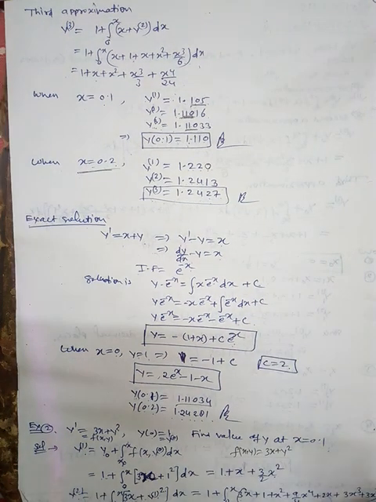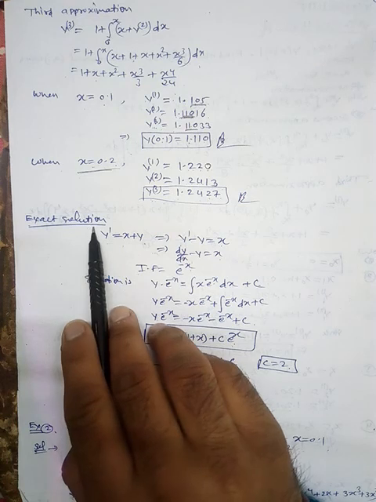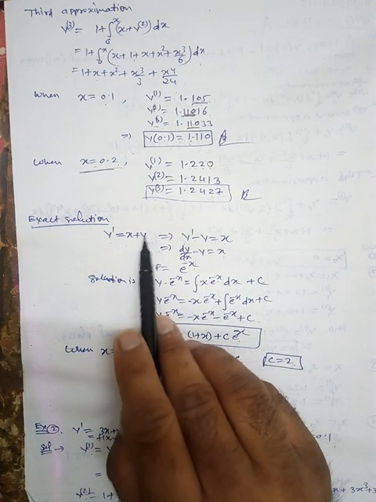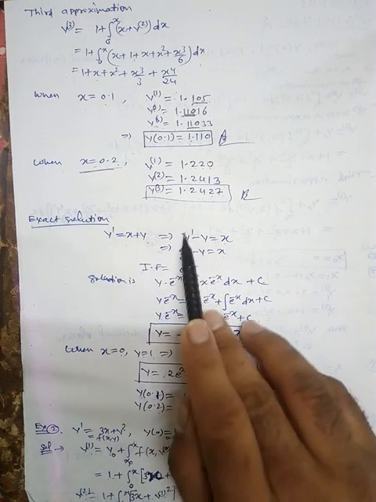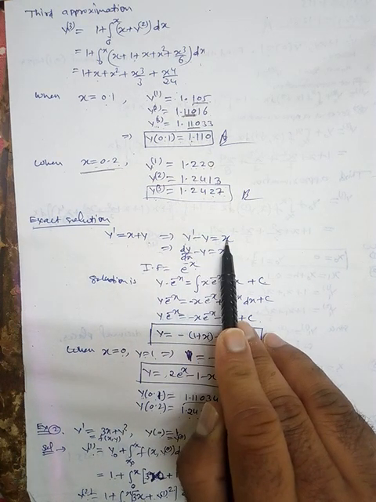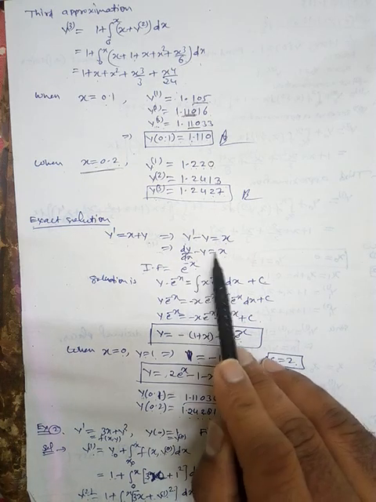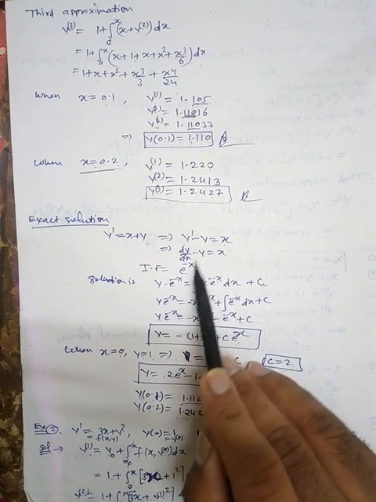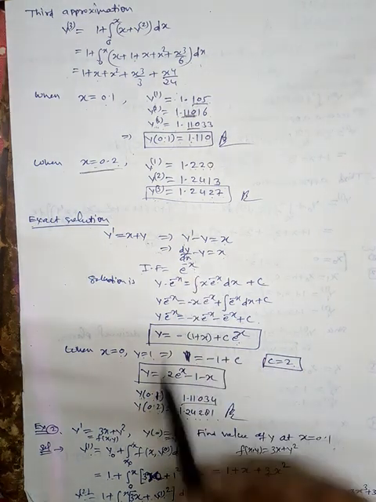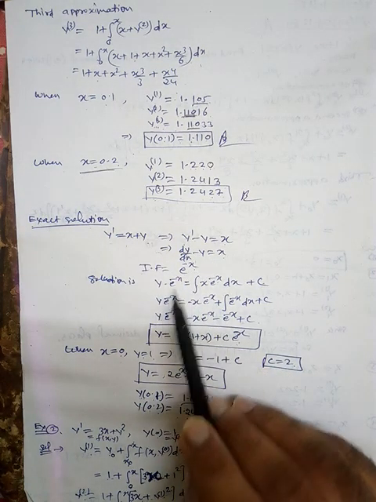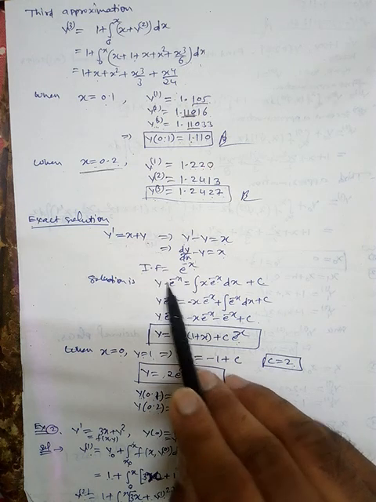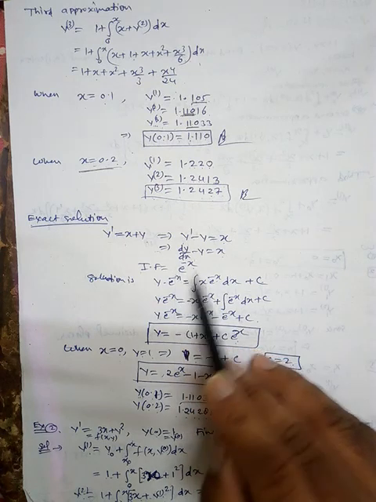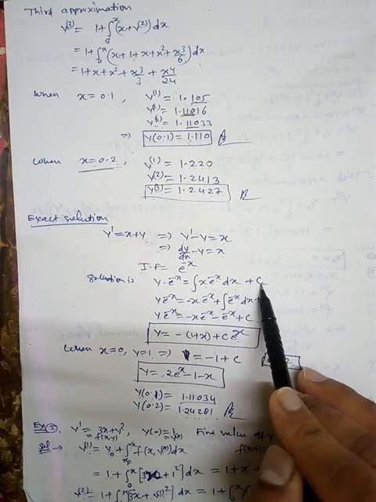Okay. Now as far as the exact solution is concerned, the equation is y dash is equal to x plus y. So this y can be taken to the left hand side. So y dash minus y is equal to x. Now integrating this. So first find out the integrating factor, which is nothing but e raised to the power minus x, because here we have minus 1. That's why. Now multiply both sides and then the solution is given by y e raised to the power minus x is equal to the integral of x multiplied by the integrating factor e to the minus x dx plus a constant.